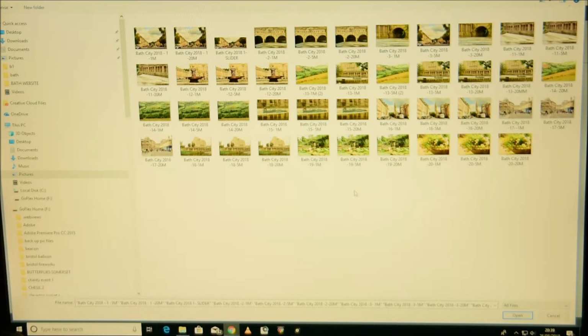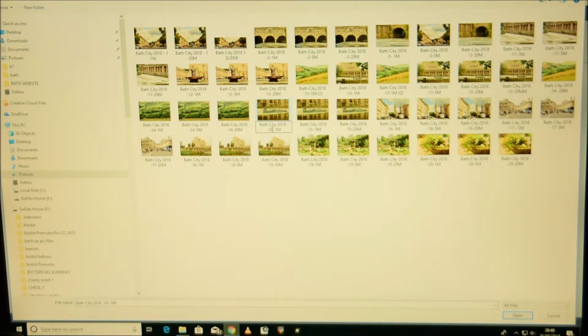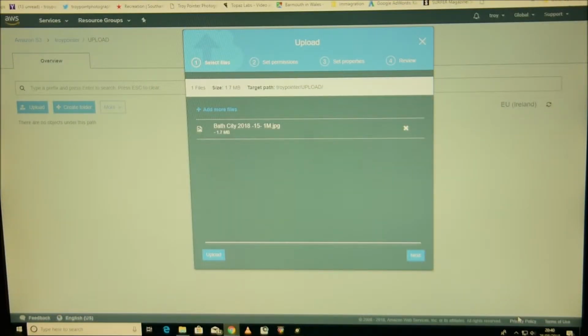Okay, so I'm going to pick one particular image, which will be, let's say, the boat. Now I have three categories: one 1 megabyte, one 5 megabyte, and one 20 megabytes. All of these images are available for download after they've been in the website. What I do is I copy the name of the image that I'm going to use. I then upload the image onto the first part of the website,